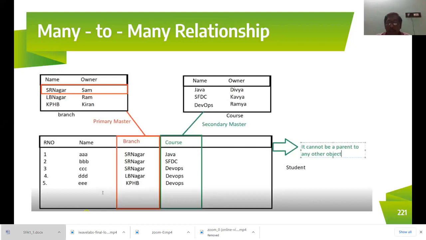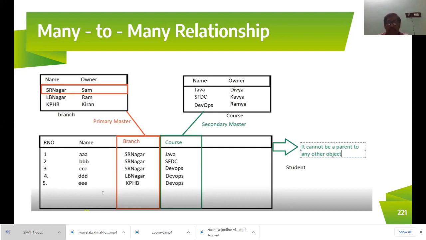Okay, I told you what a junction object is. A junction object acts as a child object between two master objects, right? That is between the primary master and the secondary master. Now let me get into the relationship here. You see this diagram, right? We have branch as an object and course as an object.